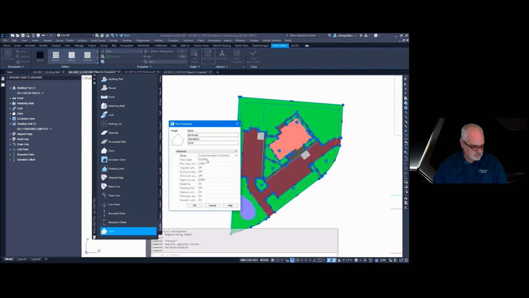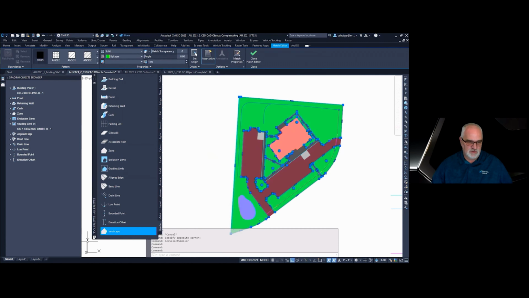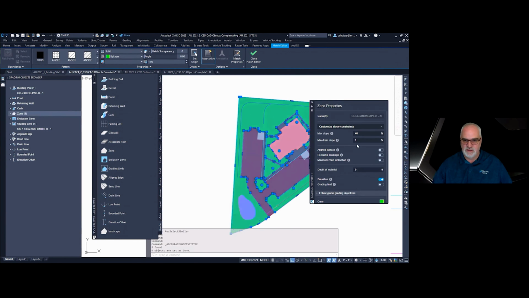So customize, and in this case, I want it to be 40 and 1. So I have a landscape here now that I can select and apply, and it already has those default settings for me.